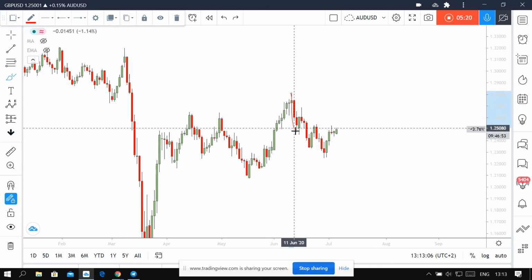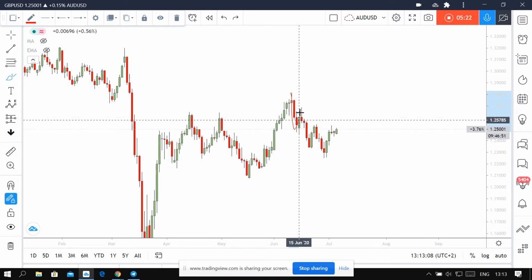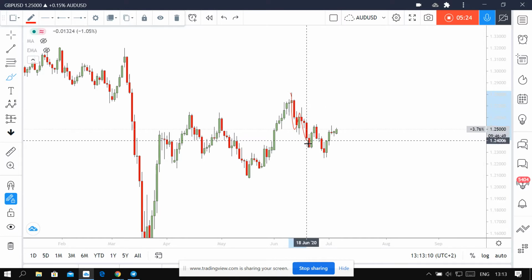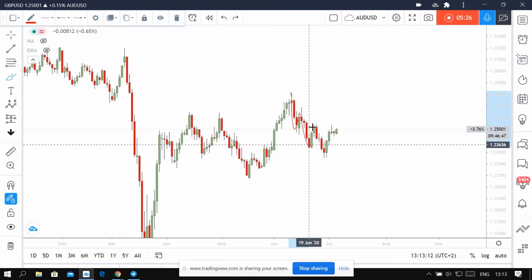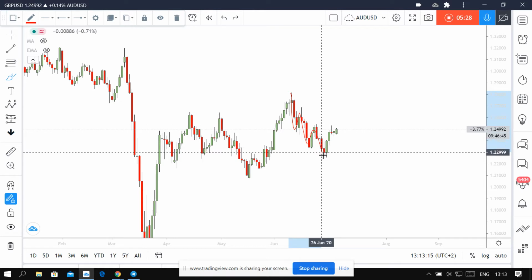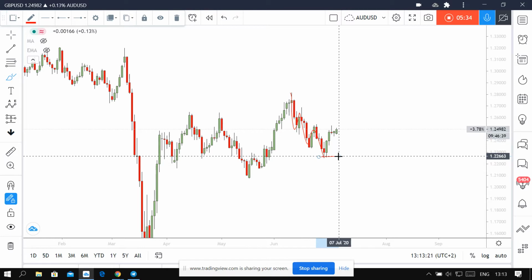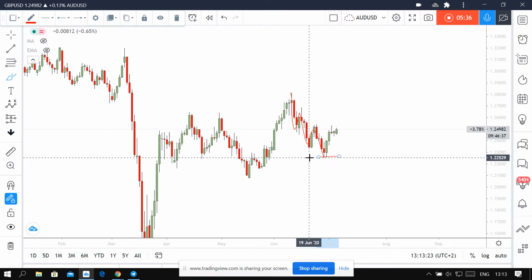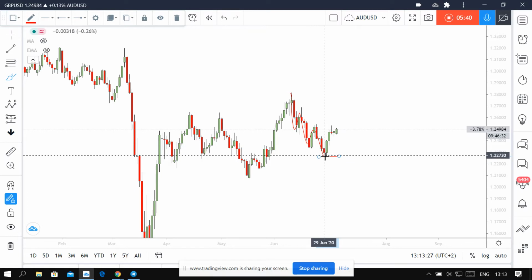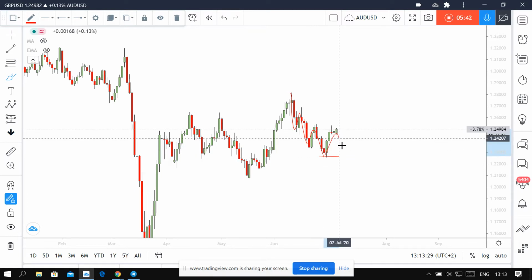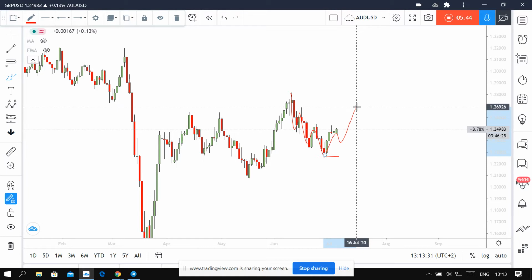You can see price had an impulse wave 1, wave 2 corrective, wave 3 impulsive, wave 4 corrective, and wave 5 impulsive, right? So that's the end of my Elliott wave count. Now, as you guys should know, you're looking for a strong correction at the end of wave 5. So you're looking for an A, B, C correction, right? So we are actually looking,